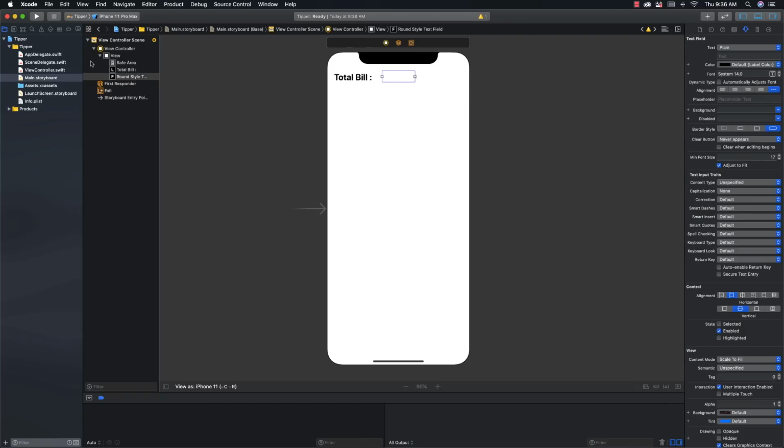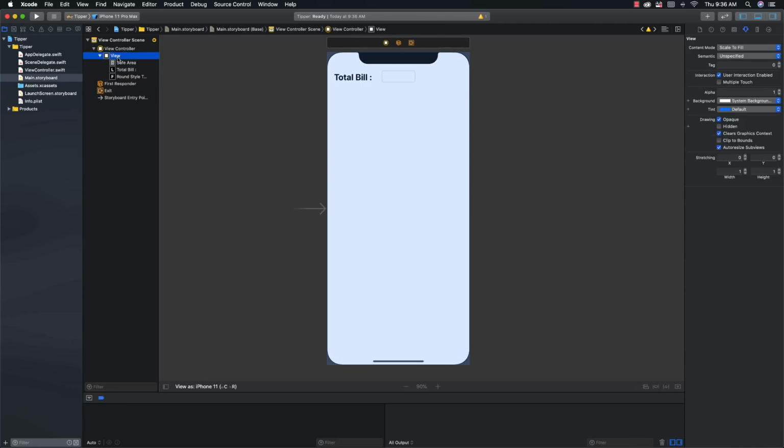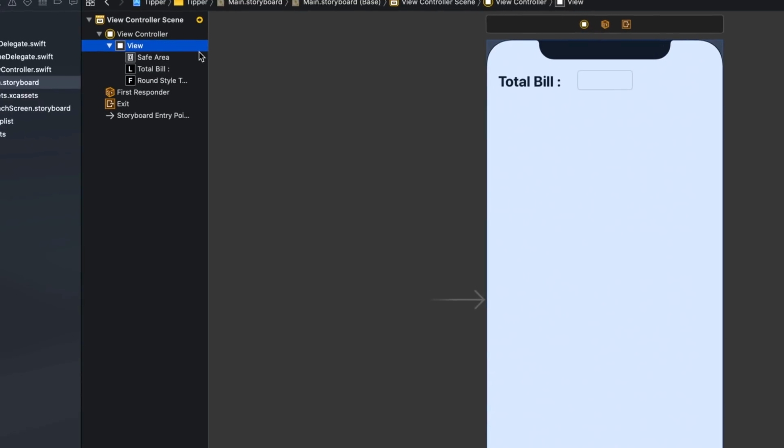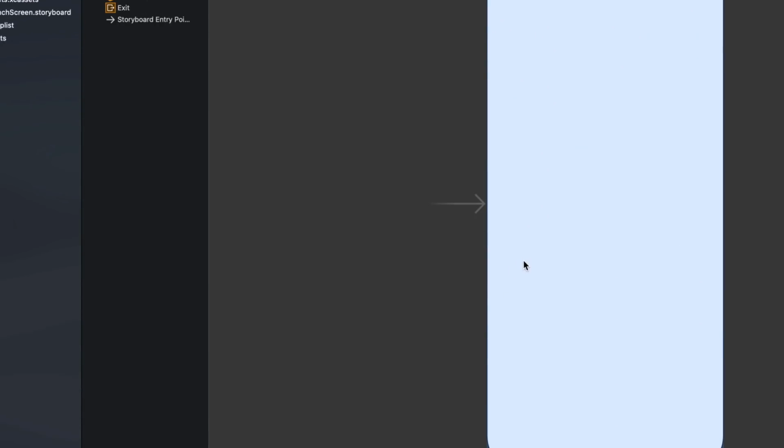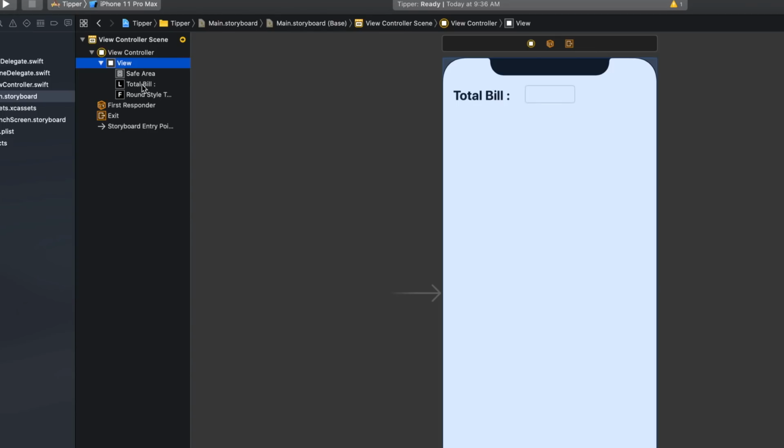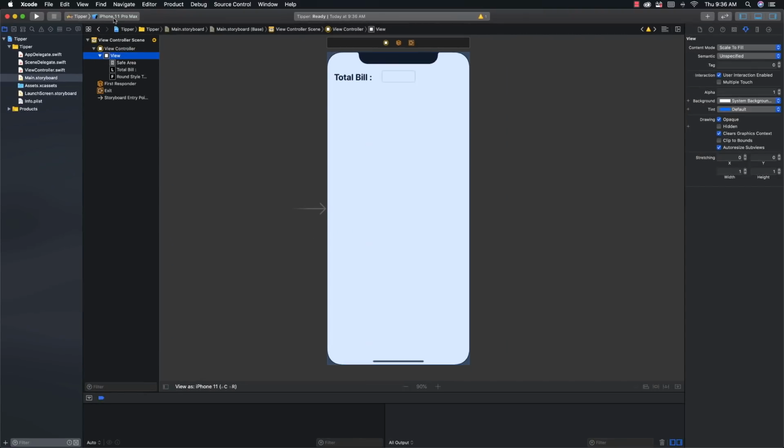Now there are all kinds of different views, which are basically just boxes that surround everything. So you have a view right here that's going to be your main view that's going to surround everything. And you can see that's highlighted in blue. And then we have something called the safe area. Now the safe area lies inside of the entire device view. And maybe something else I should show you is that you're going to be able to change the different